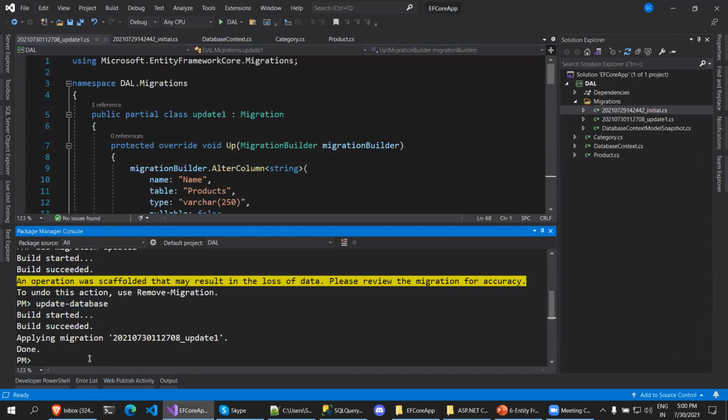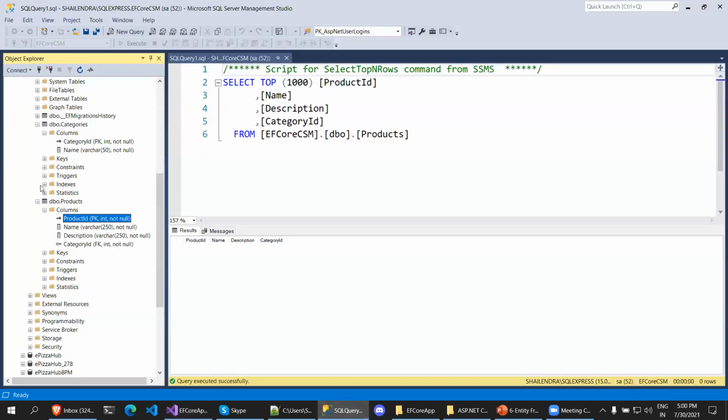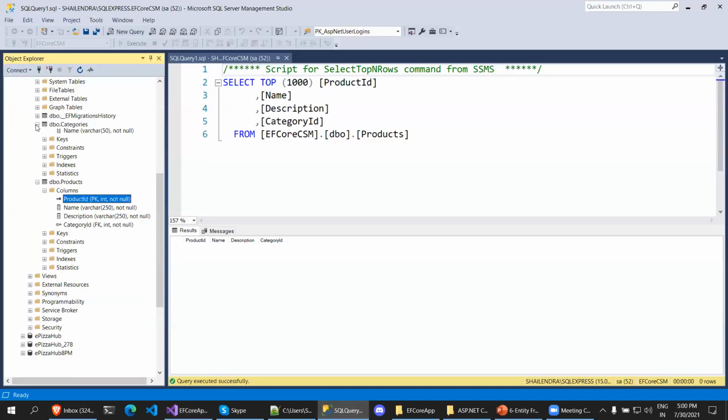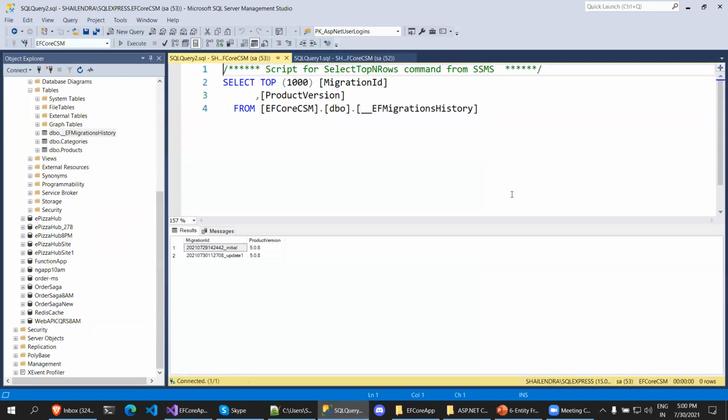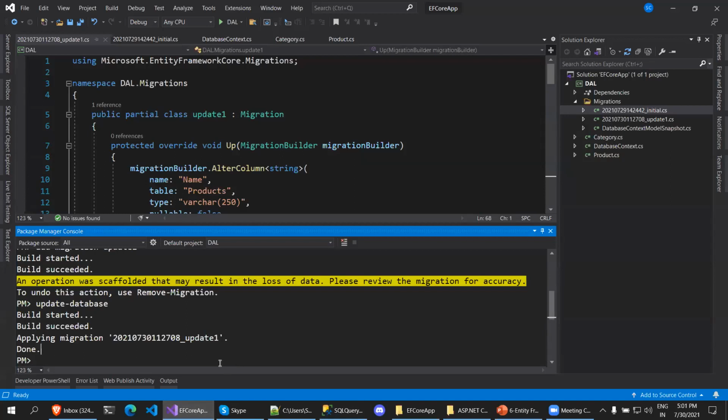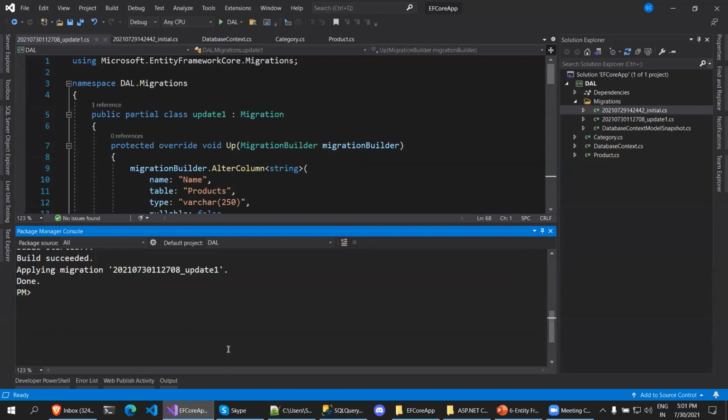Let's say you're willing to remove the thing. If you find out here what migrations we have done, we have included two entries over here. You can see we have two entries, initial and update one. Now let's say you're willing to roll back. In case of rollback, I can roll back to the initial stage. So I can roll back here by running the command update-database